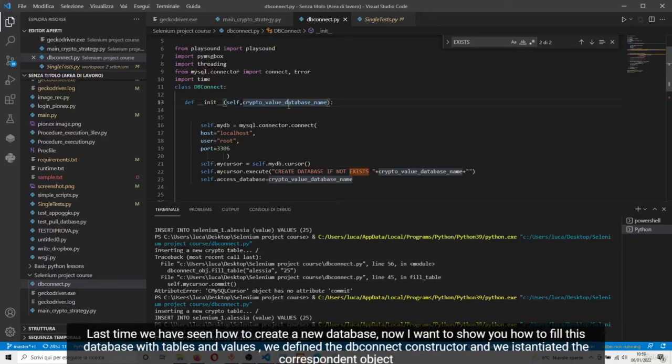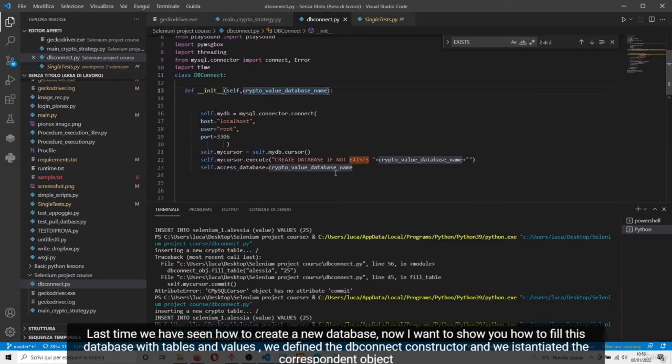Last time we have seen how to create a new database, and now I want to show you how to fill this database with tables and values. So